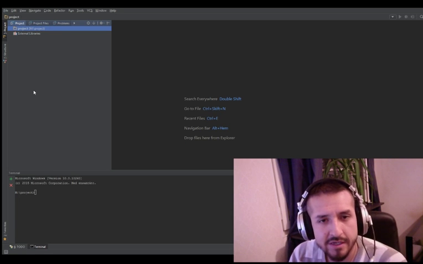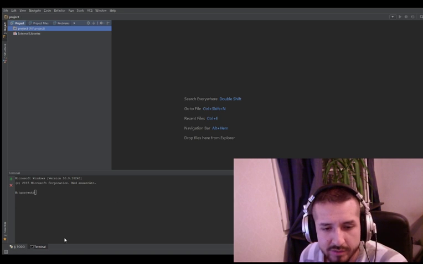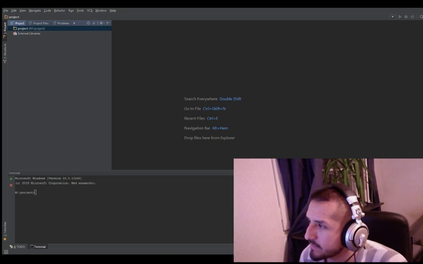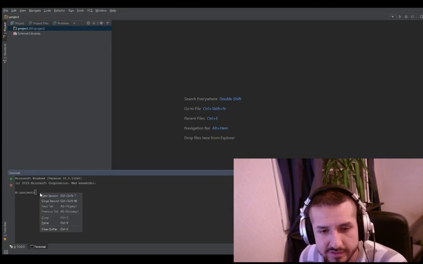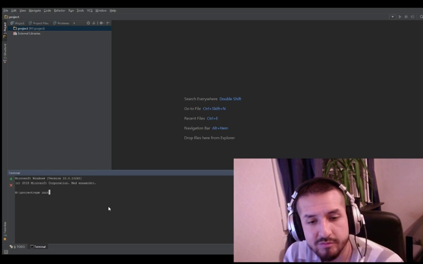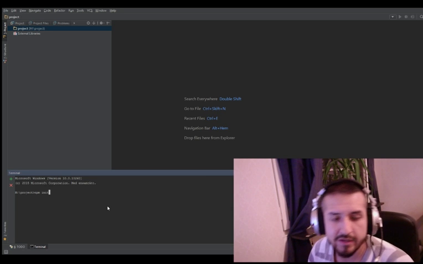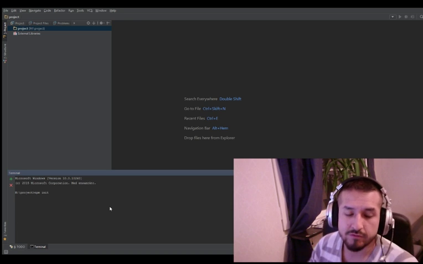Well, we go back to the project we have just made, and we open the terminal, and we have to install some things. I already wrote them down, so we just copy and paste, and there you go. I will put all this information in the description. And we write npm init in this project, and we run it,